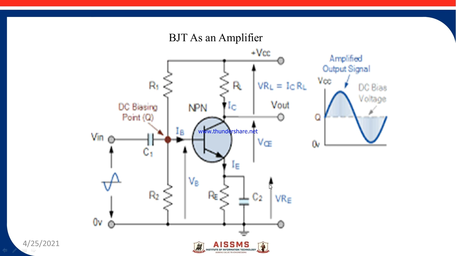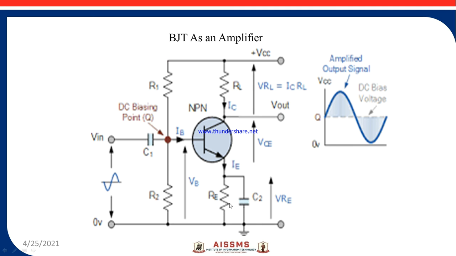Now coming to the bypass capacitor CE, this provides a low reactance for the AC output current, which is the emitter current. As we know, the collector current is approximately equal to the emitter current for an NPN transistor. As RE is connected in shunt with this bypass capacitor, and RE is of very high value, the AC current will not flow through this maximum opposition path, that is through RE, whereas it will bypass it through the bypass capacitor CE.